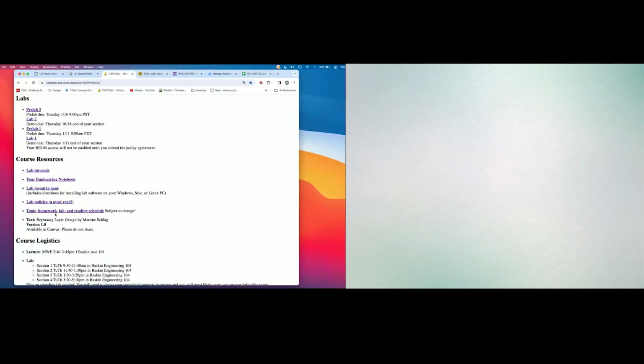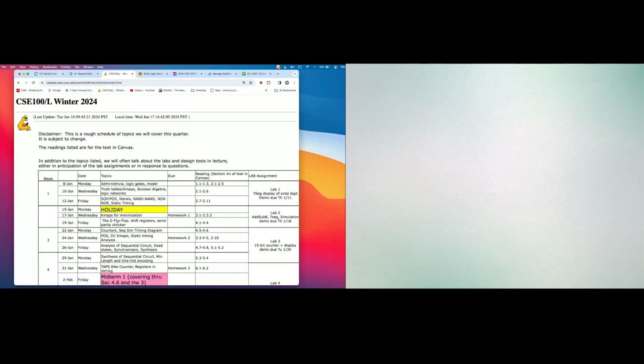Slight change is that I've changed the order of some things here. We're going to talk about K-maps today, but only for sum of products. We will do K-maps for product of sums and with don't cares a little later, before homework 3. But I want to get to the material on the D flip-flops and sequential circuits because you need that for lab 3. So I want to start that on Friday. So I shifted those around a bit.